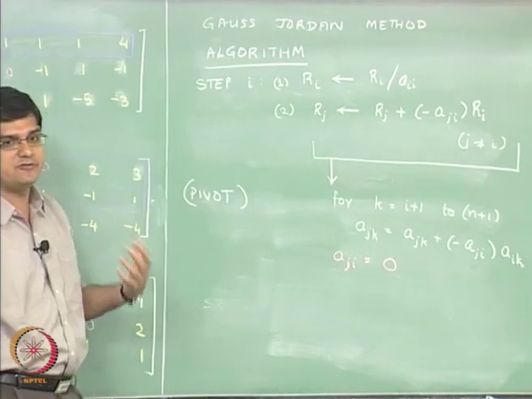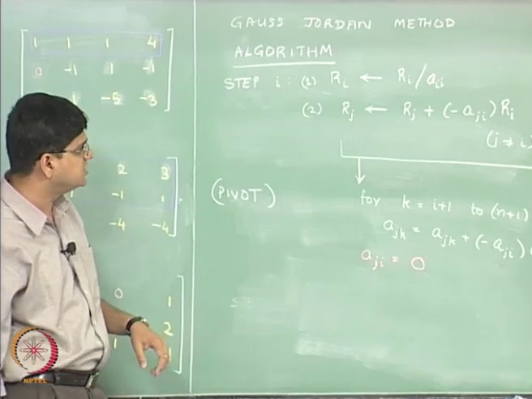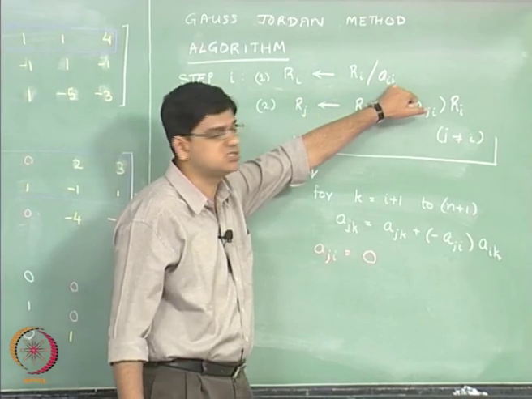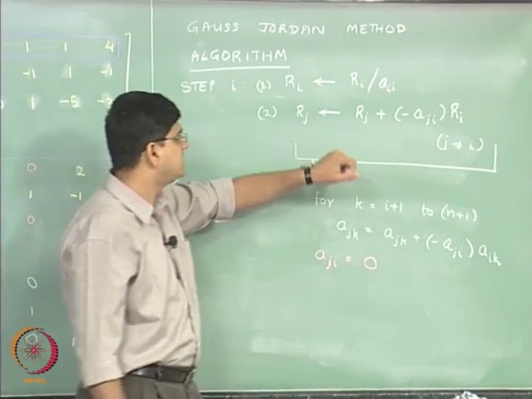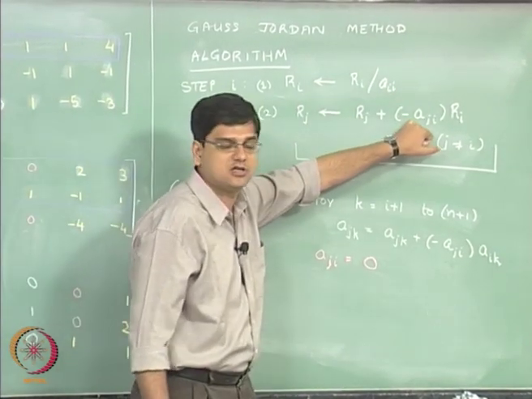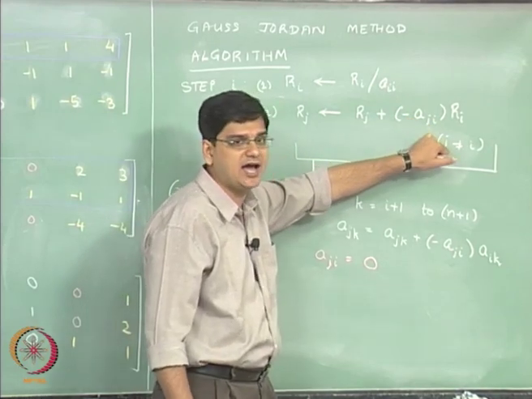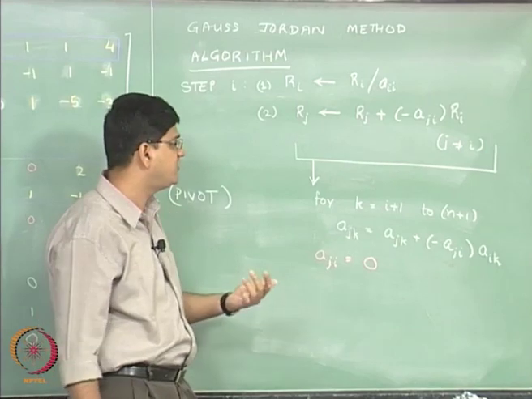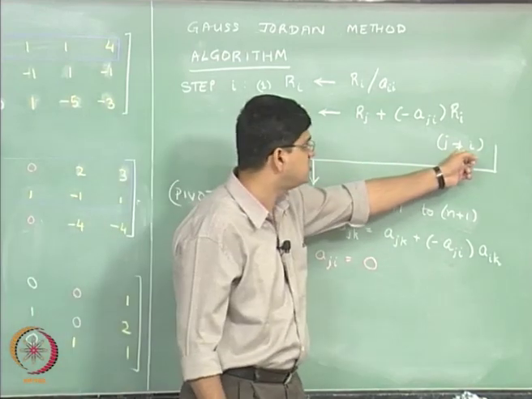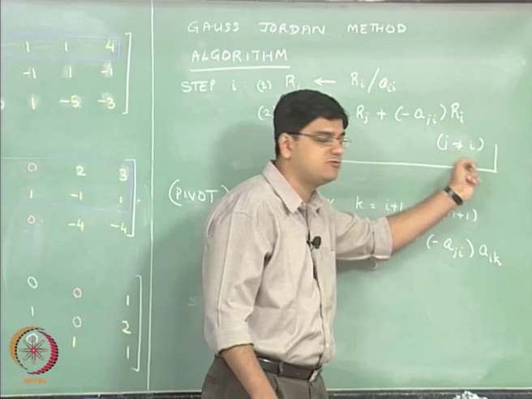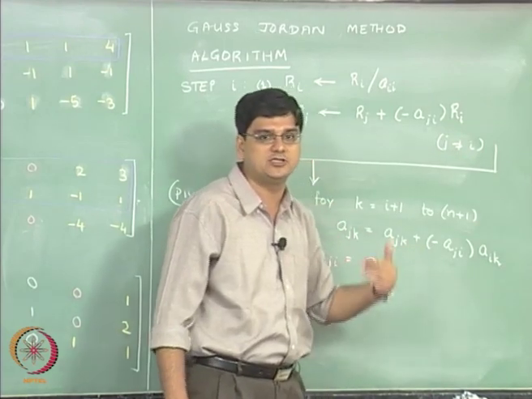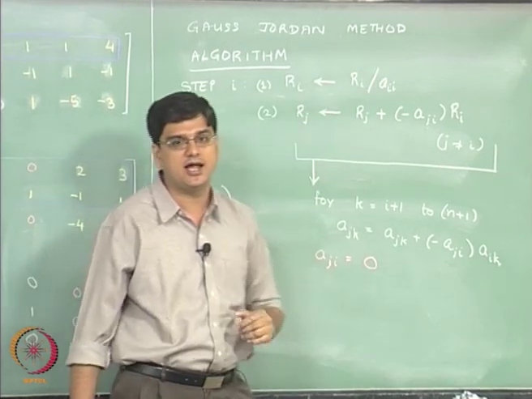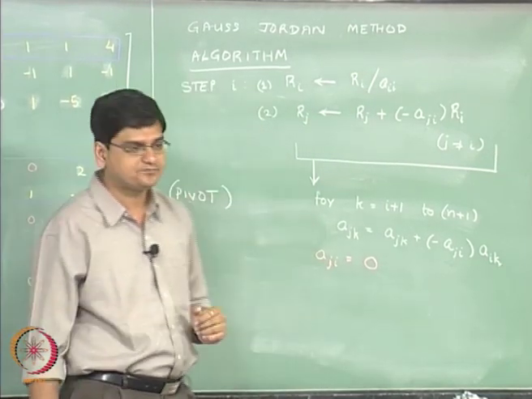The difference between Gauss-Jordan and the Gauss elimination method is that in Gauss elimination method this step is not there. The second difference is that this particular coefficient is AJI divided by AII, and we have represented that as alpha ji, and it is not for j not equal to i, but it will be done for j equal to i plus 1, i plus 2 up to n. So that is the difference between Gauss-Jordan and the Gauss elimination method.